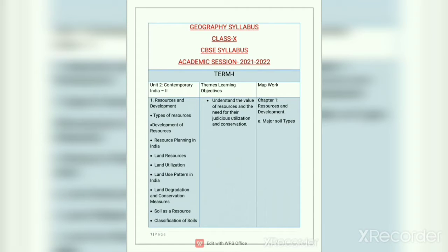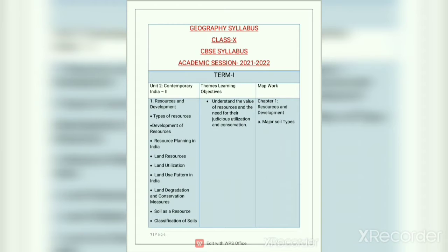At the end of each term, students will be assessed on the basis of the 50% syllabus. CBSE board has also instructed the schools to assess the students internally throughout the year, so you should start preparing yourselves accordingly. Now let us see what are the chapters that are there in term 1 and the chapters which are there in term 2.